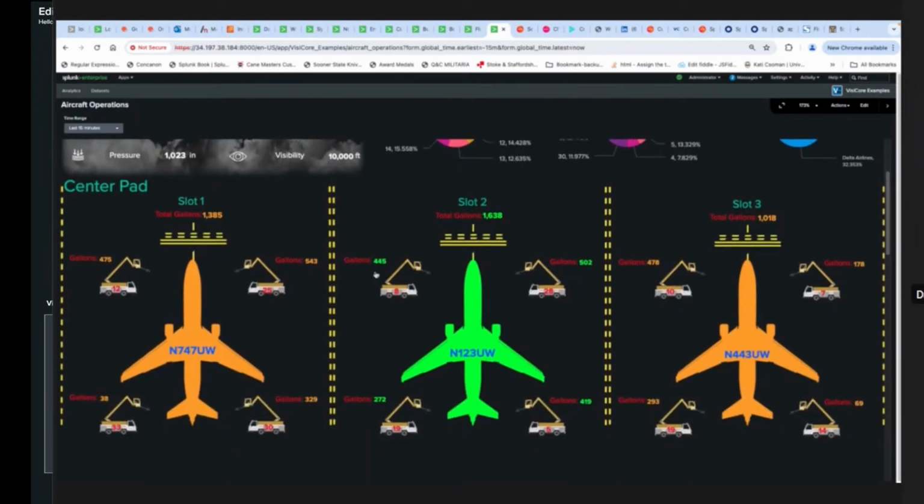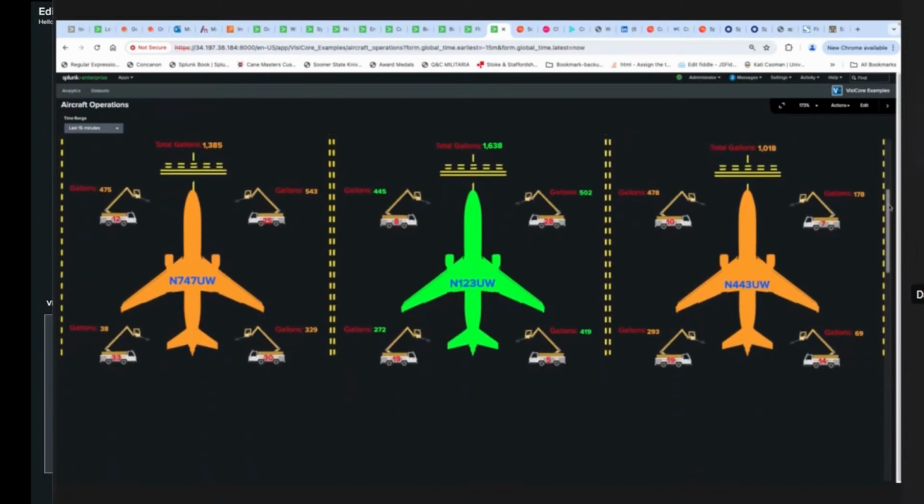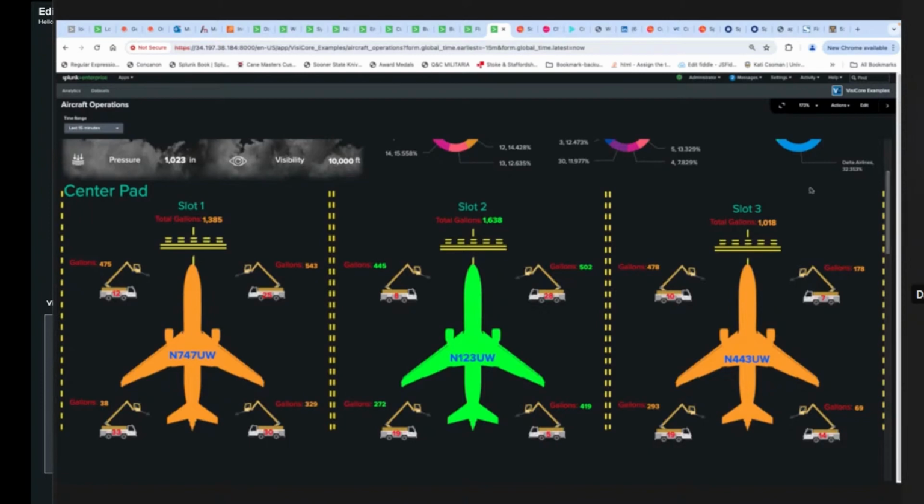And all of these numbers that you see, the gallons by truck, the actual truck numbers, are all variables. So as these trucks apply this fluid, these numbers change. As the aircraft move in and out of these slots, the numbers change. The details of that we can look at in a moment.